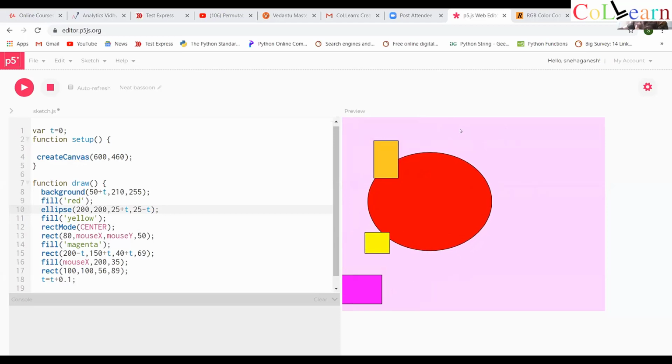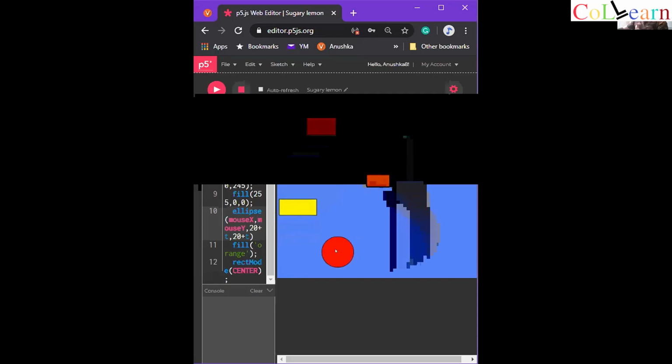Anyone else wants to share? This is nice. I like this idea that everyone has made something different. Paroma, are you there if you want to share? Oh, you have given the cursor control and you have increased the size as well.